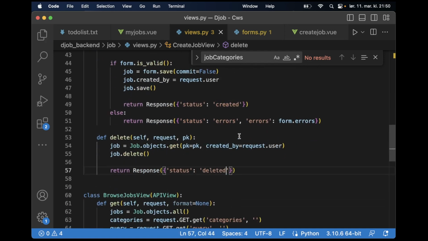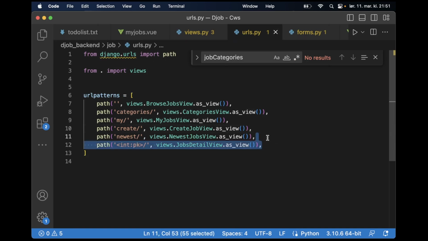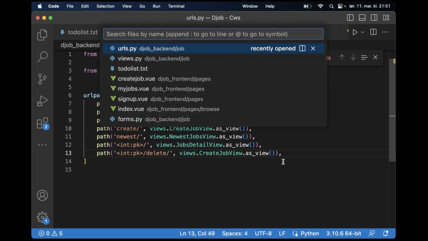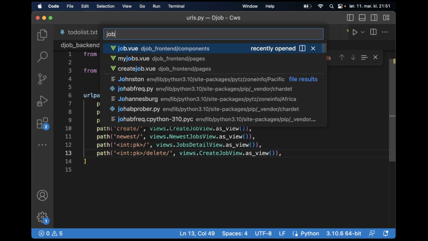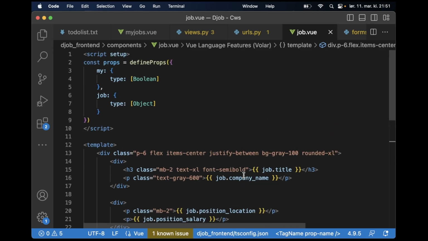Deleted, like that. Now we just need to change the URLs a little bit. So copy this, and then at the end append delete, and here we also want to use the create job view as view. So now I need to do some changes in the view component again for the job. So job.view. Here I need to define an emit. So when we click here, we want to call a delete function in the parent, which is the my jobs